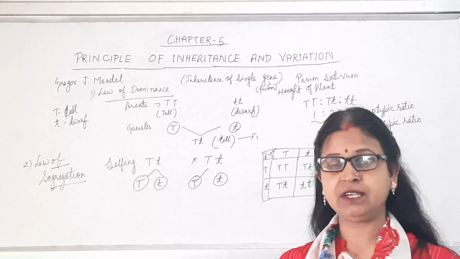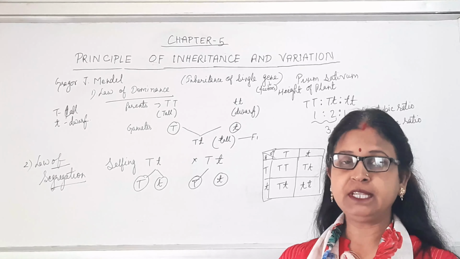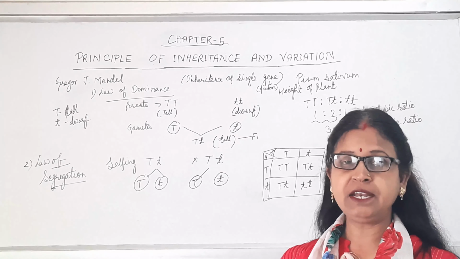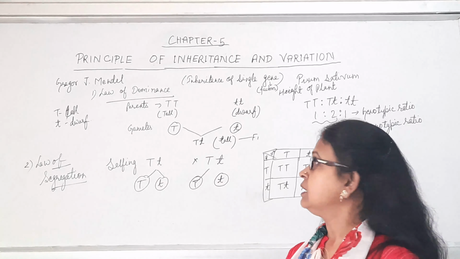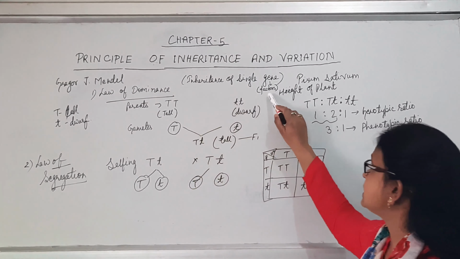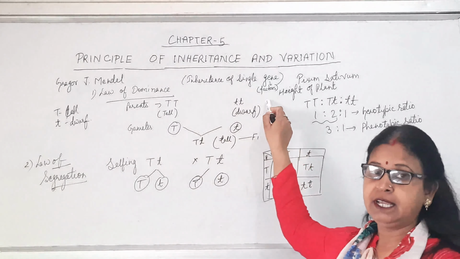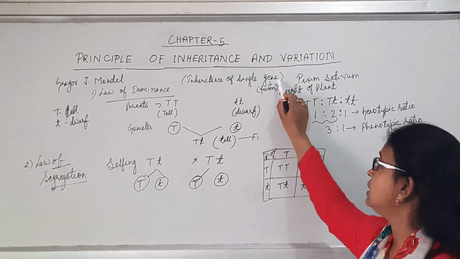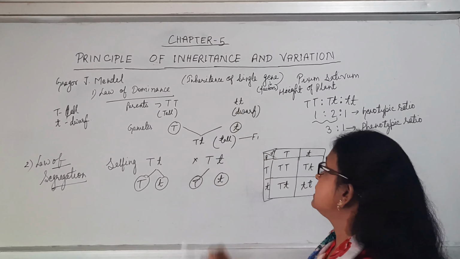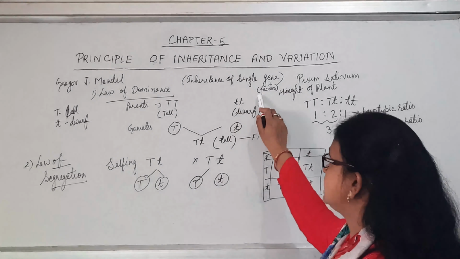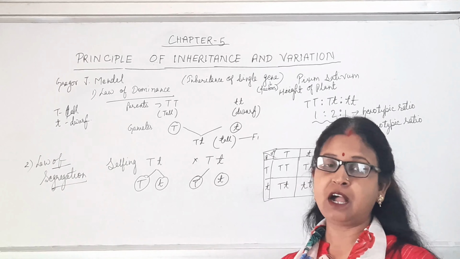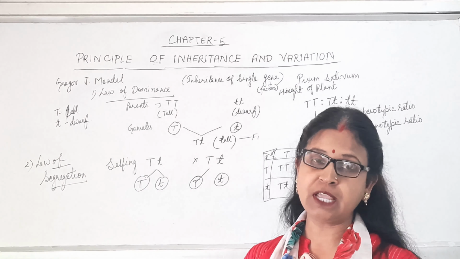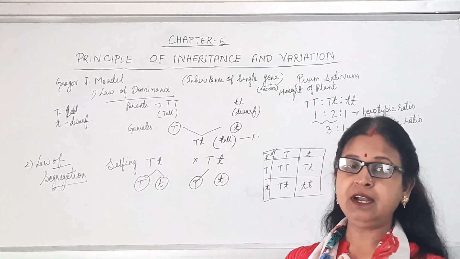If a gene has both alleles of the same type, then it is known as homozygous, and if they are of different types, then it is known as heterozygous. Now these genes are known as factors according to Mendel. He gave the term factors for genes and discussed the inheritance of a single gene, that means one pair of characters, how it is moving and how it is affecting the genotype as well as the phenotype, that we'll see here.